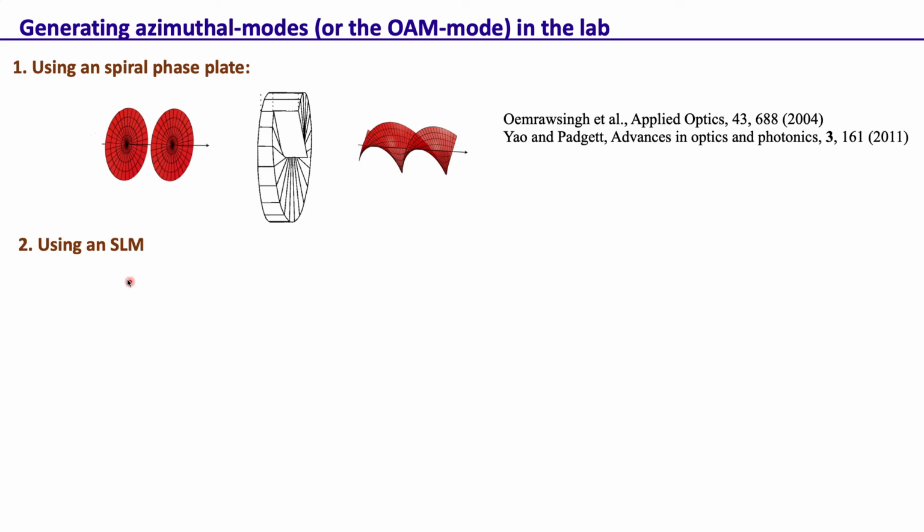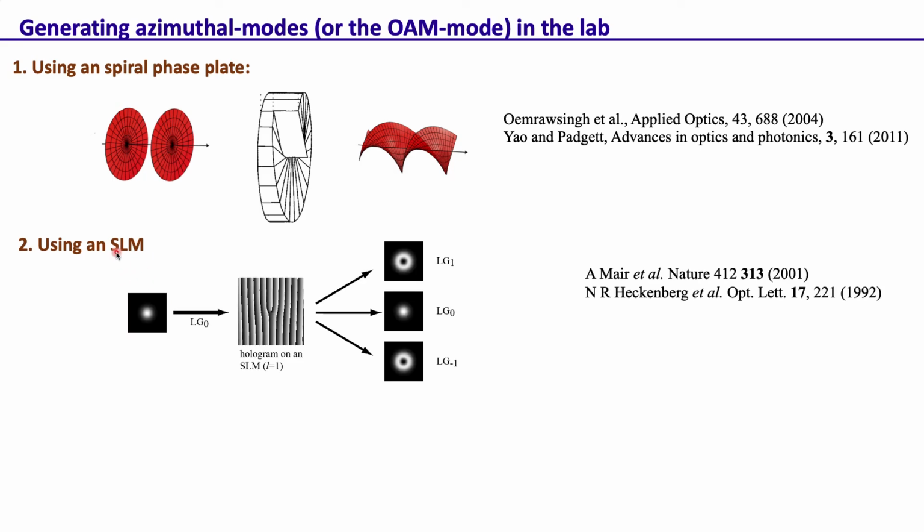There's another method which uses what's called an SLM. These are electronic devices called spatial light modulators. Since the spiral phase plate is a glass piece, it generates just one phase, and to generate a different phase, we need a different glass piece. But a phase can also be generated using electronic devices, and the good thing about electronic devices is that for generating a separate phase, we do not have to remove the element. It just needs to be changed electronically.